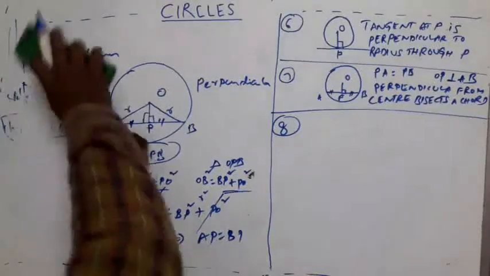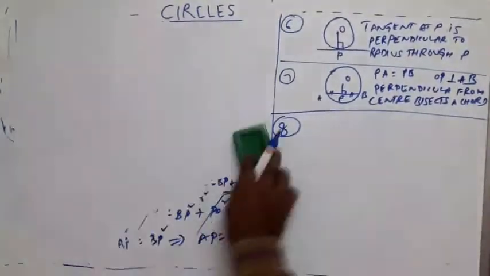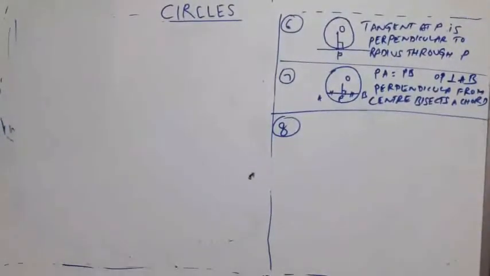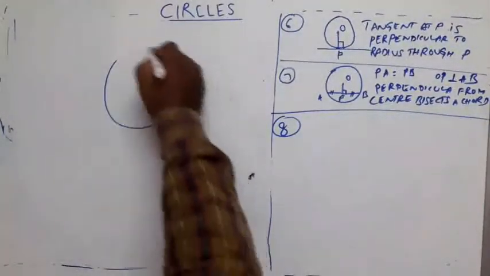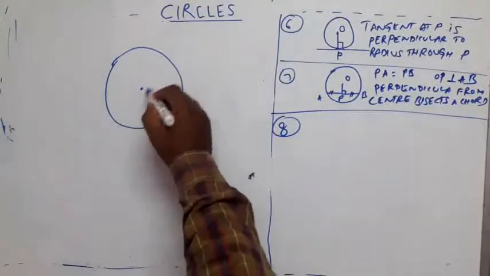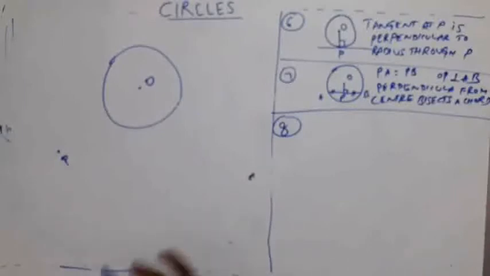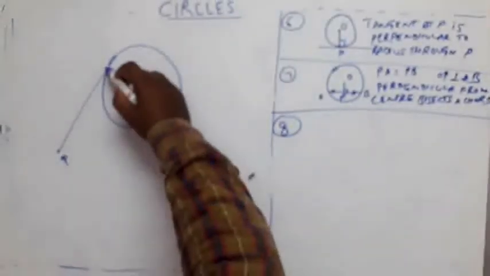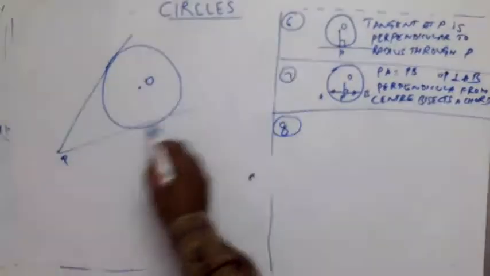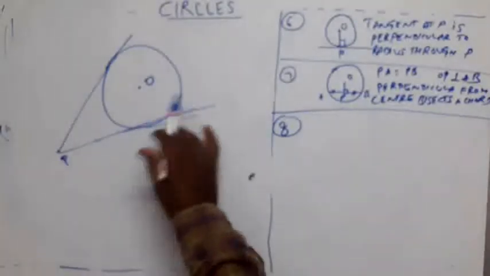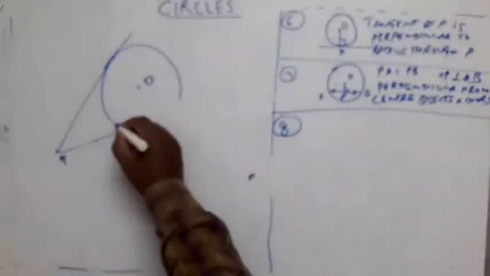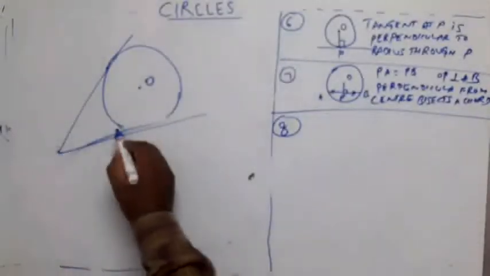Next point we are going to see is, see this. Let us say this is a circle. This is center. Let us say P is an external point. How many tangents can I draw from the external point P to the circle? We know in earlier basics class we have seen two tangents we construct, right? This is one, this is another one. So we know that we can draw two tangents.